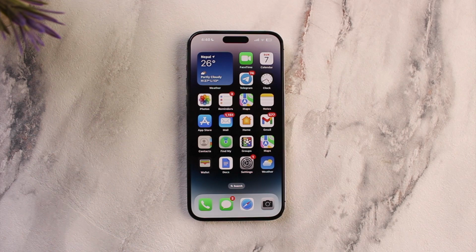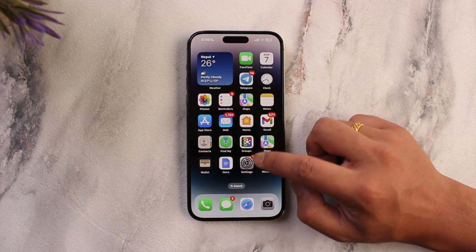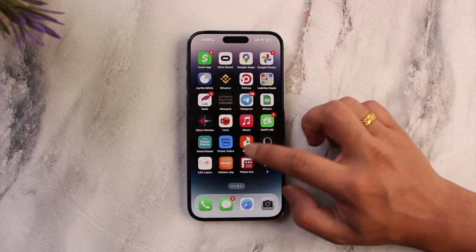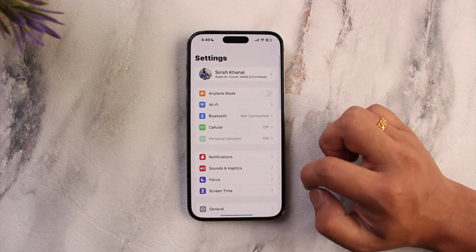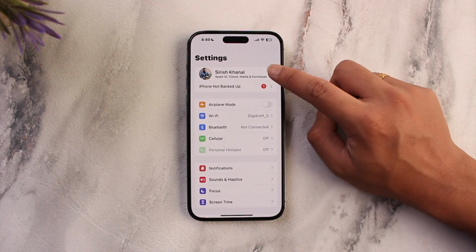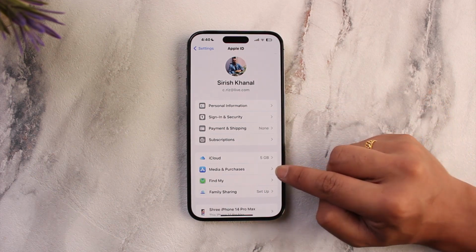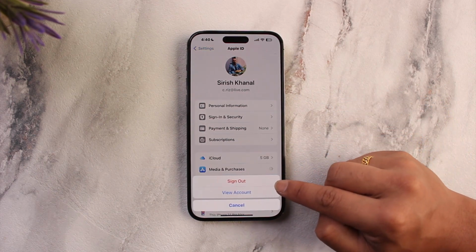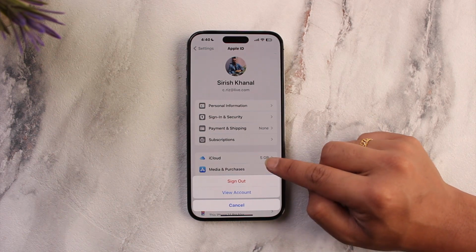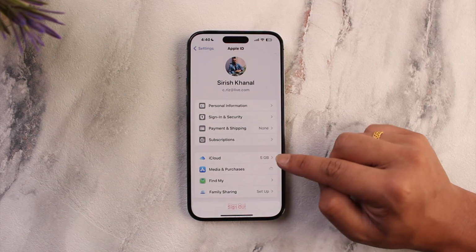Signing out of Apple Music is actually very simple, but you should not do it from the Apple Music app itself. You have to open up the Settings application here, tap on your Apple ID profile, then here you can see Media and Purchases. So tap on Media and Purchases and tap on Sign Out. When you do that, you'll be signed out of your